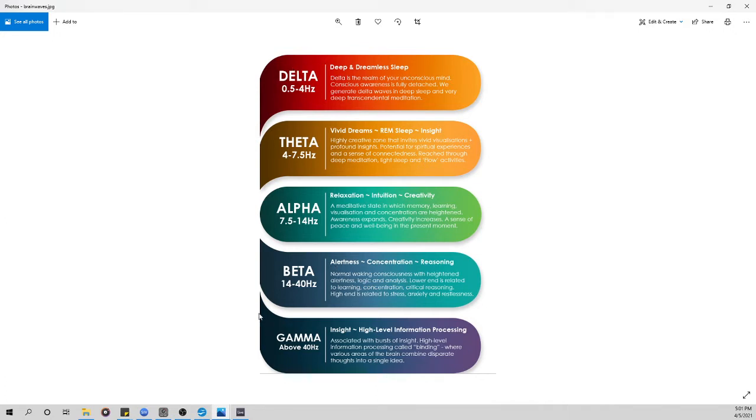And then, very interesting also, the gamma is above 40 hertz, and this is high level information processing, associated with bursts of insight. That you might want to use if you work with affirmations and things like that in your guided journeys. So yeah, that was a brief look at the brainwave frequencies, and those frequencies we want to recreate